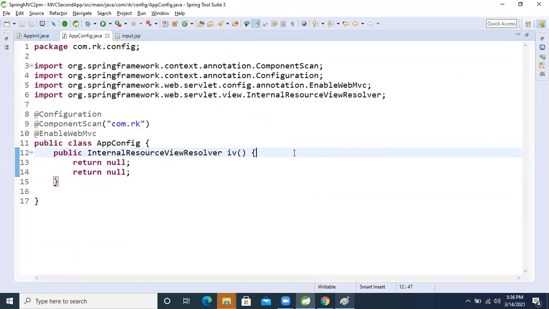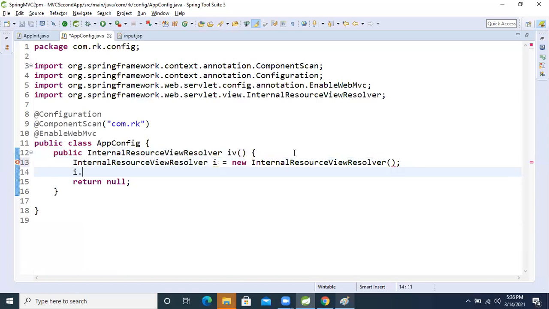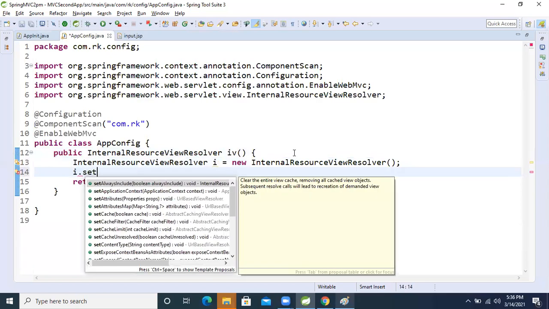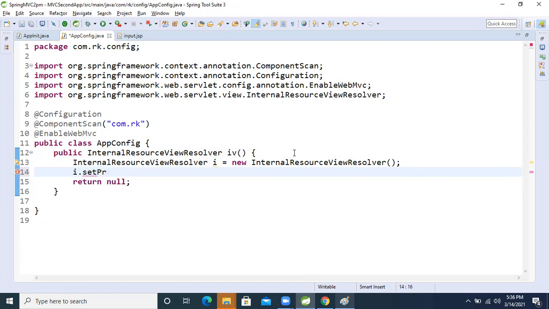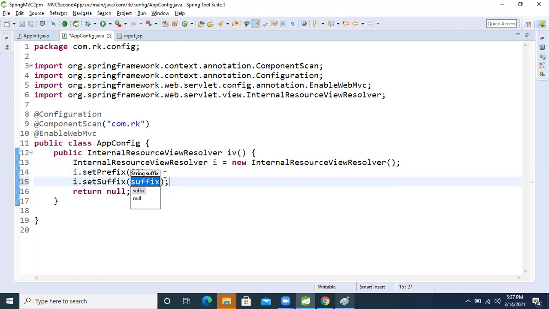Here I will create an InternalResourceViewResolver object: iv equals new InternalResourceViewResolver. Now iv.setPrefix, and another method, setSuffix. I don't need to explain prefix and suffix again.